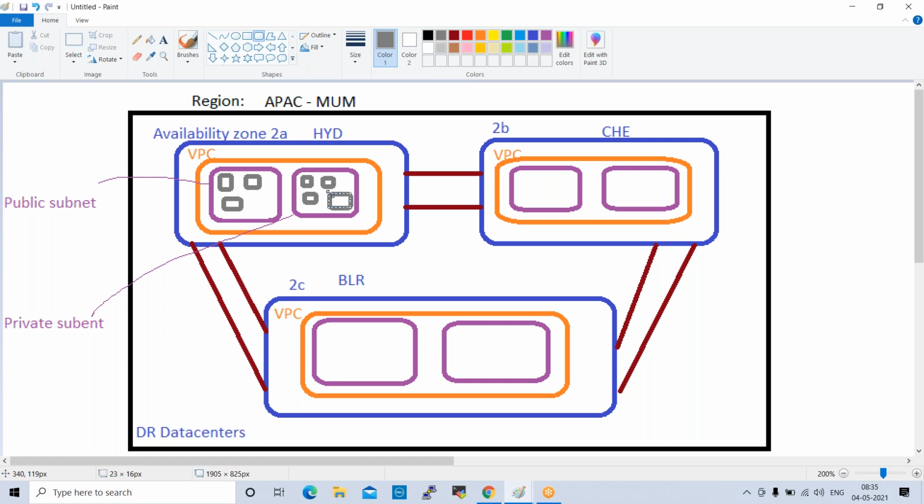So for example, if you want to connect to your office network, how will you connect? Can you connect directly? Directly we can't connect, right? We need to connect through VPN, then we can connect to our office network.